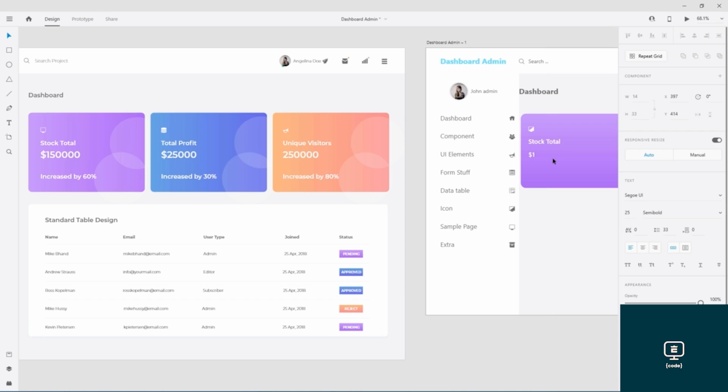Dollar like this, and increase by 60%. Okay, I set this here. I move this a bit lower compared to where it is now. Okay, that's right. Increase by